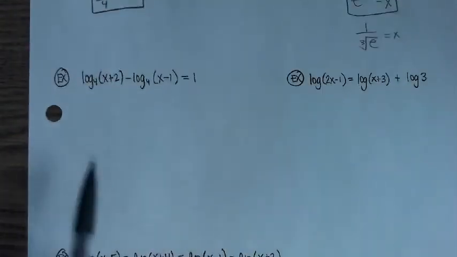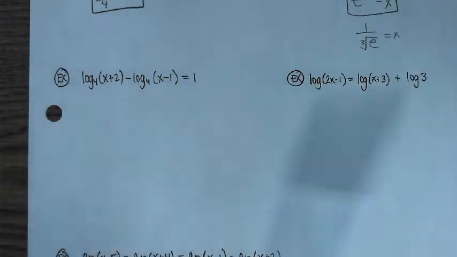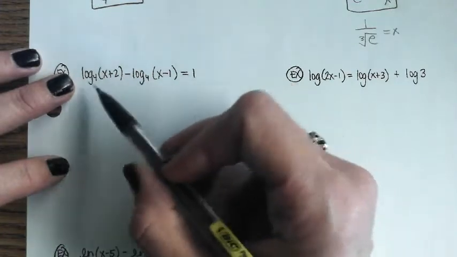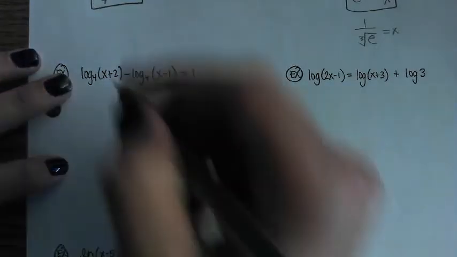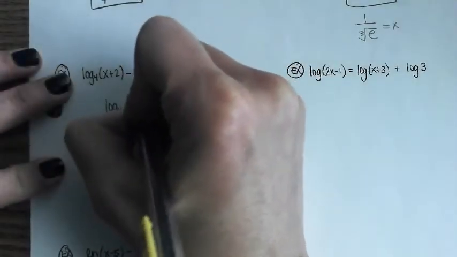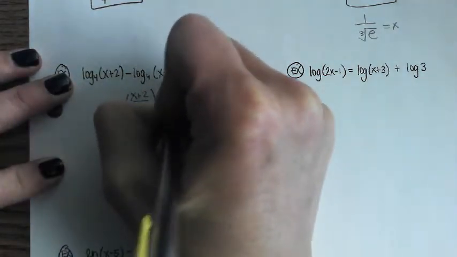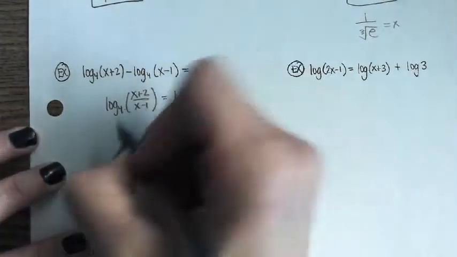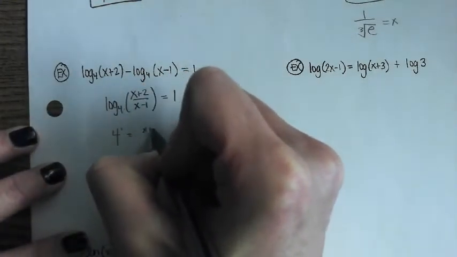On this one here, what does your gut tell you to do first? Combine, condense the logs, exactly. With multiple logs on one side of the equation, you can't do any of what we just were doing. So we have to condense this first. So subtraction of same common logs turns into what? Division. And then once you have that single log, you can translate 4 to the first power equals x plus 2